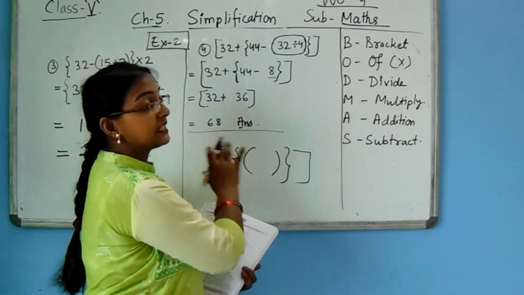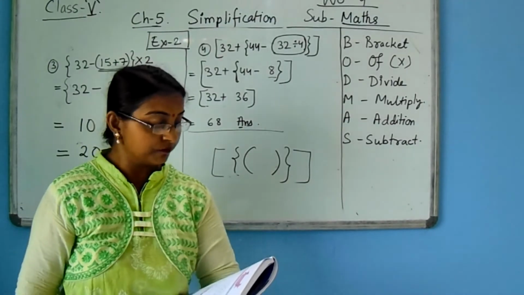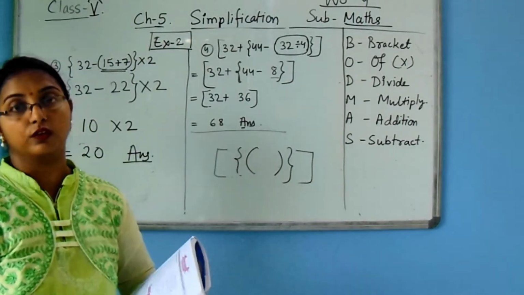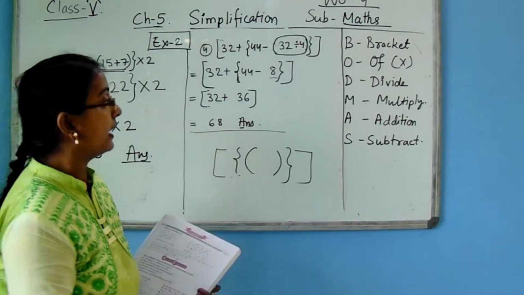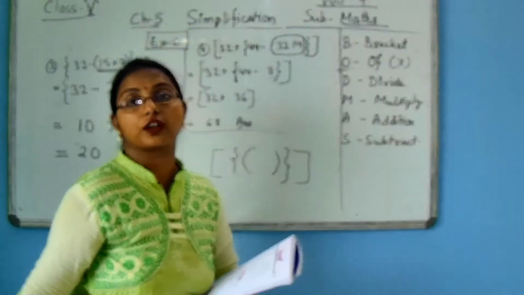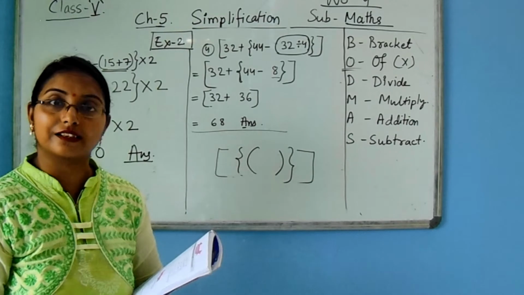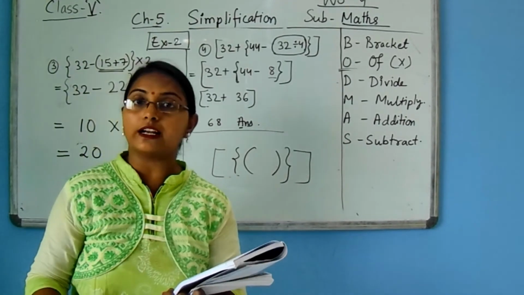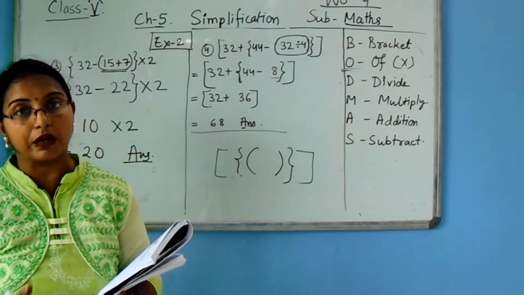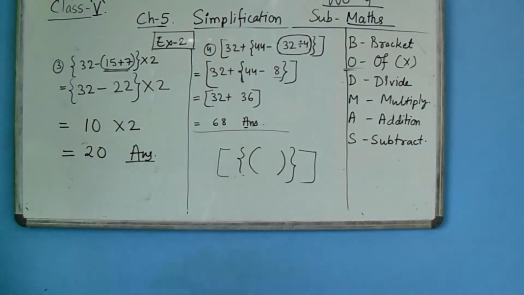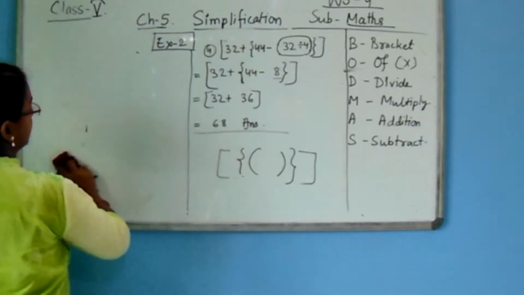By solving these sums, many sums are also given here according to the BODMAS rule. A sum has a big bracket, small bracket, middle bracket, and obviously the of function. The of function is also the multiply function, but it is written as of and concluded as multiply. Of between two numbers will be multiply. Now take one example. Question number 7.